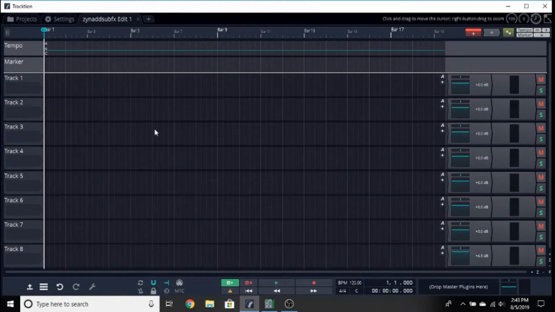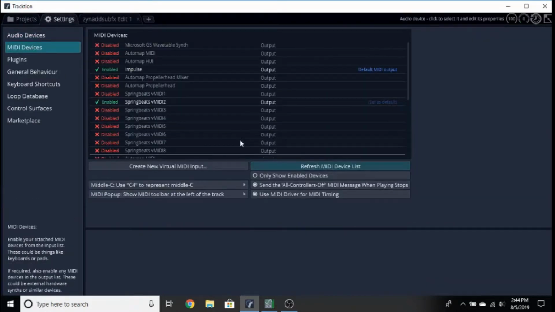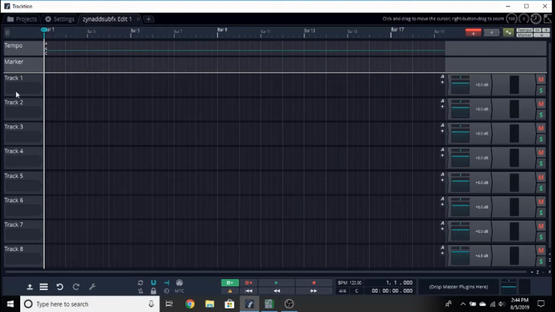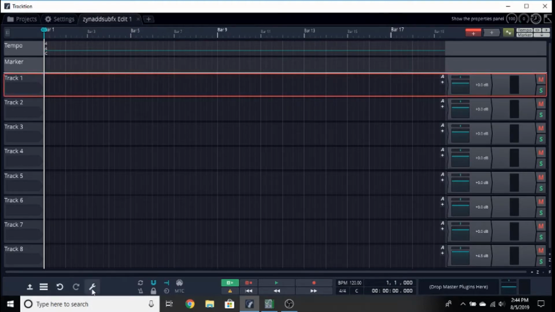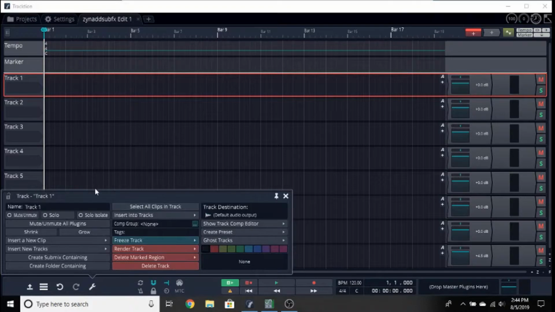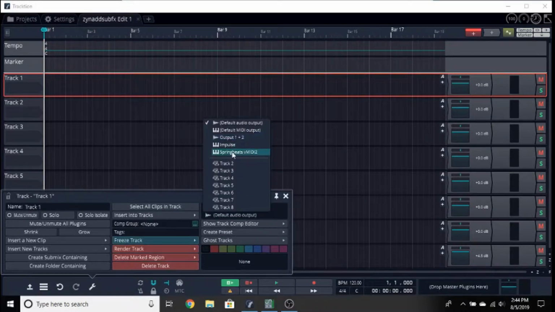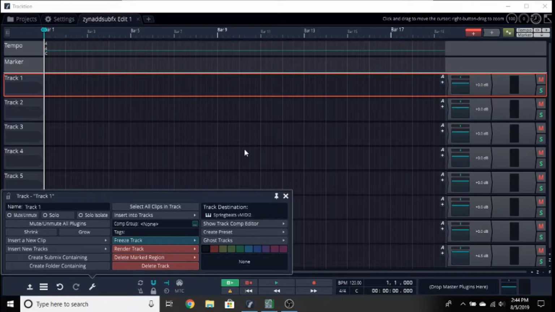So I have a Traction project open, and to get it to output to ZynAddSubFX, first what you need to do is get a virtual MIDI cable, and I have Springbeats vMIDI, and I have it going to output to. So if you select the track, open up the settings, track destination, you want to change it to Springbeats or your virtual MIDI cable, and then once you've done that, you need to go into